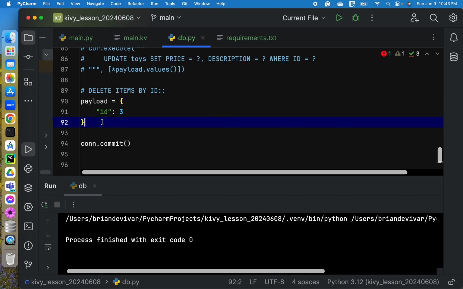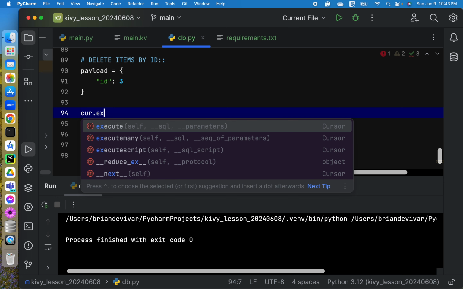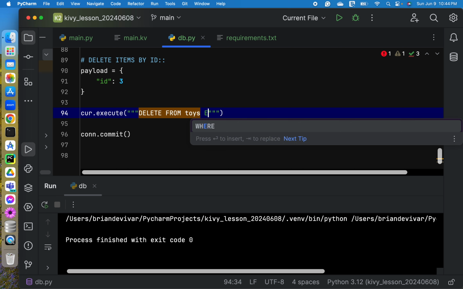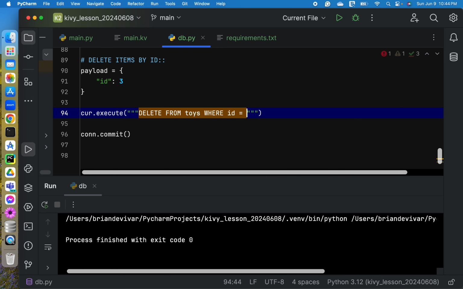So we will be deleting, for example, the third record, and then we will call cur.execute again, and then in deleting items from our table, the statement is delete from toys where ID equals question mark.